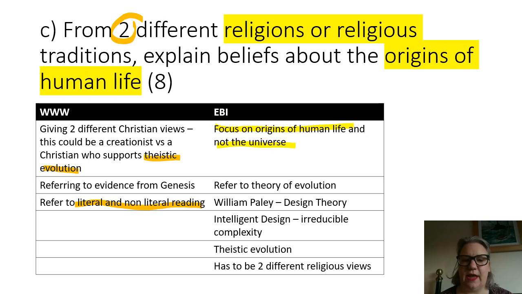I think I was saying that you were focused on the origins of the universe, and so you were speaking about things like the Big Bang and so on, but you weren't talking about the origins of human life. And this was a question not about how the universe started, but about how human life started. So it was talking about how Adam and Eve were made. Was that exactly as it describes in Genesis, or are you going to have a non-literal reading and bring in evolution?